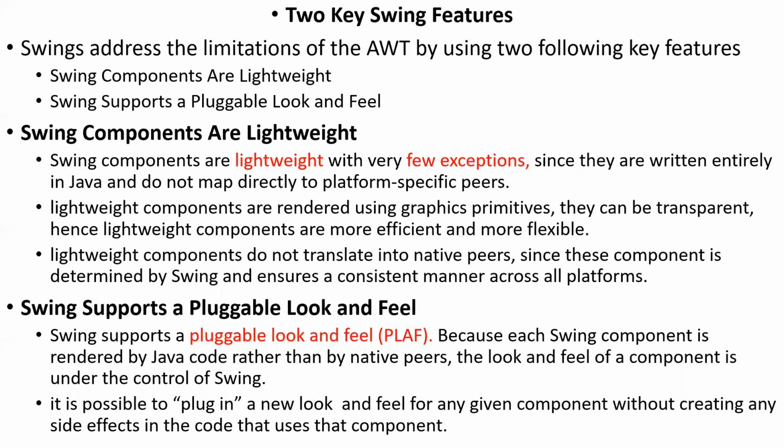But AWT components are complex because those will work based on the machine's configuration, so those must be converted into the computer's peers. We'll call those things native peers. So native peers, that's our third point. The AWT components must be transferred into native peers, but Swing components no need to transfer into peers because those are not dependent on the machine, I mean the platform.